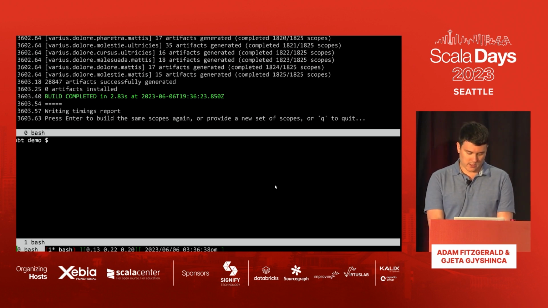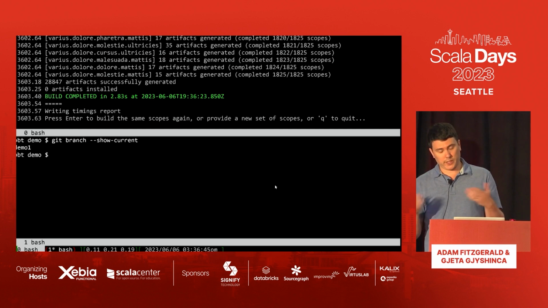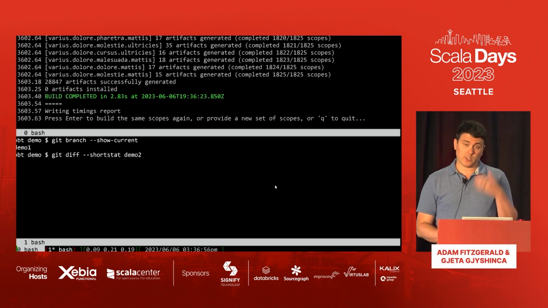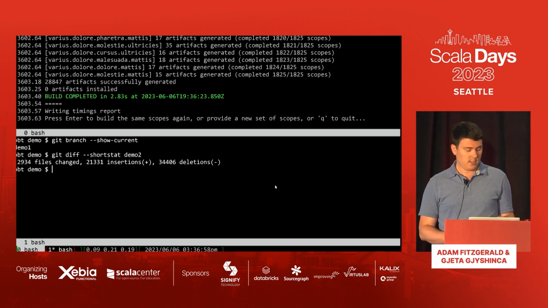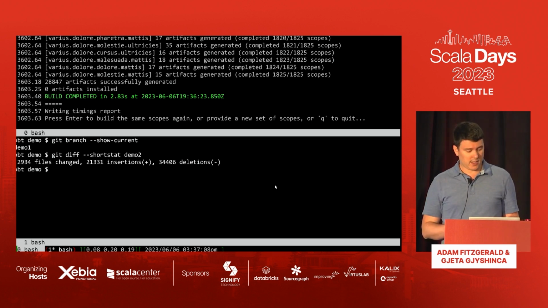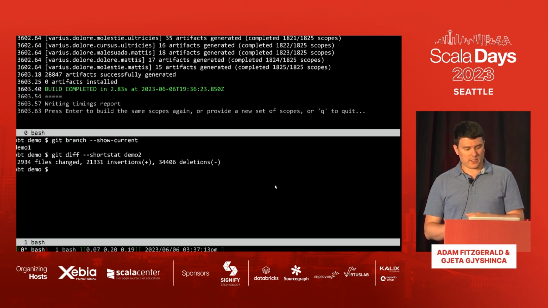Now I can switch. And so we're on a branch called demo1, which is pointing at that commit from last week. If I say I want to pull upstream changes from yesterday, about 3,000 files have changed in that time period, with a number of changes all throughout the code base. Most of the dependency graph will be invalidated, and I can switch back and ask OBT to update my build artifacts with